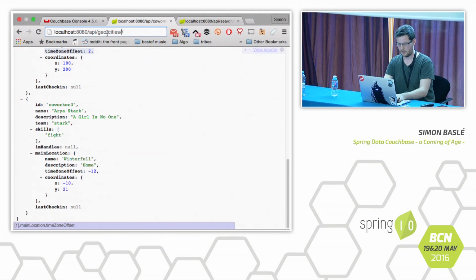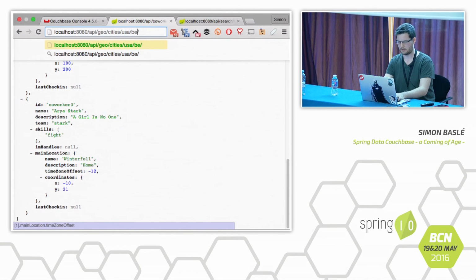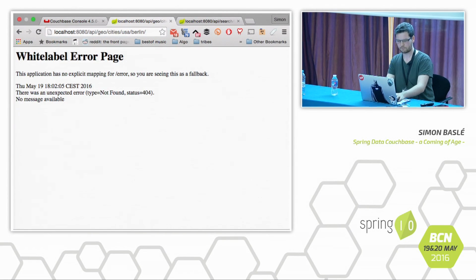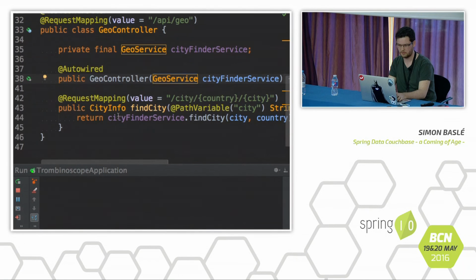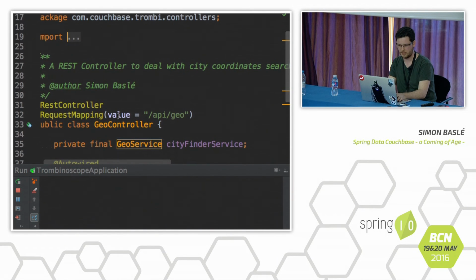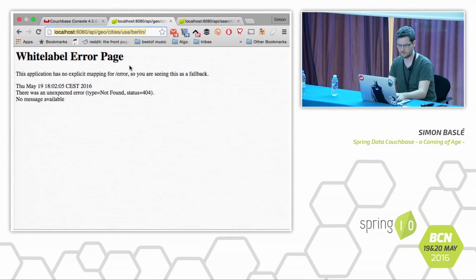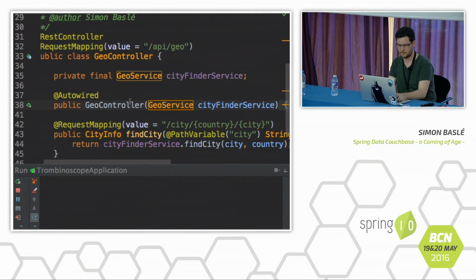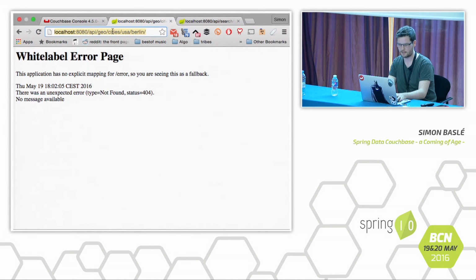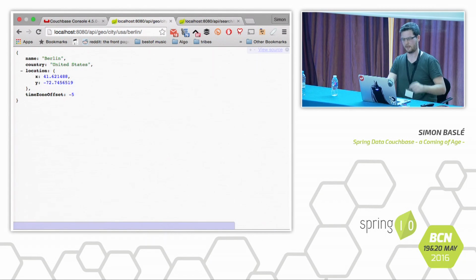If I go USA and Berlin, okay. Did I make a mistake? API, geo, cities, city, that's why. Okay, so if I put in the correct URL, yeah, I was able to retrieve